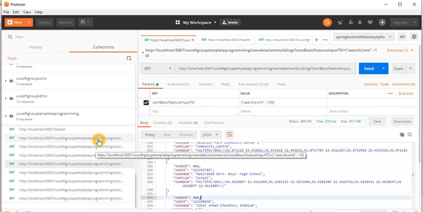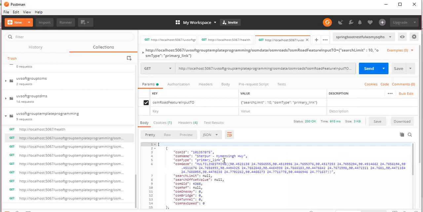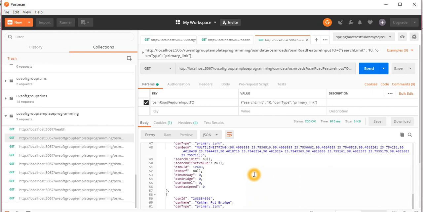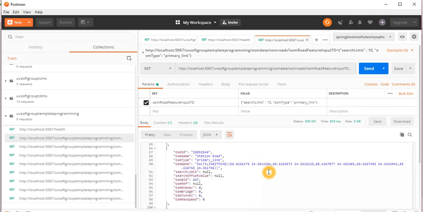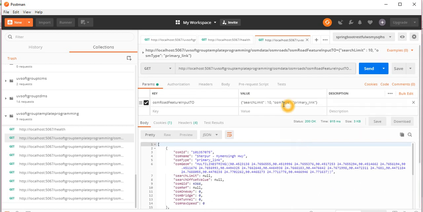So you can combine all the parameters, like here, looking for the 10 records, and then this is passing the primary link as the input, the type of the primary link, and we are looking for the roads information. So you see all the primary links, the type of the primary links, and it's taking the 10 applications. If there are more than 10, it doesn't include them, because we set the maximum to 10 records here. And if it's more than 10, then they can put it